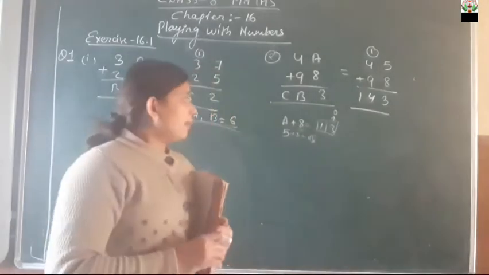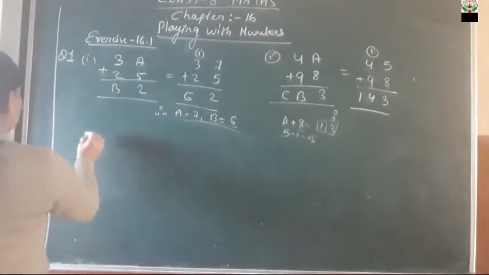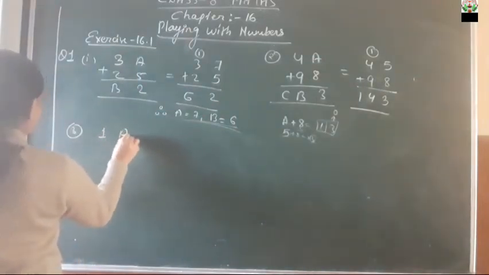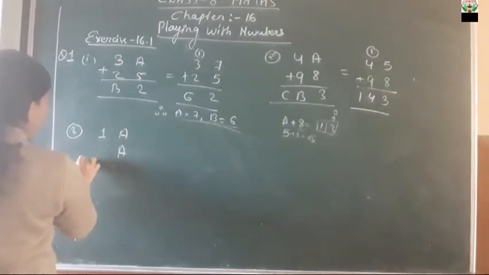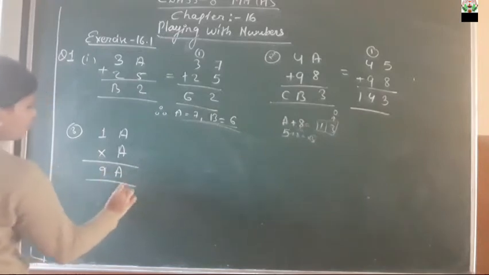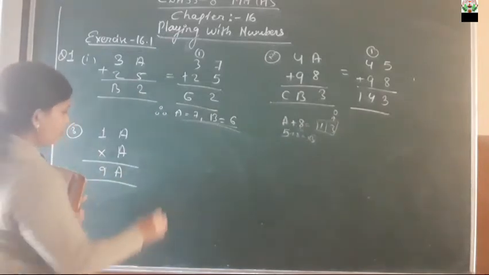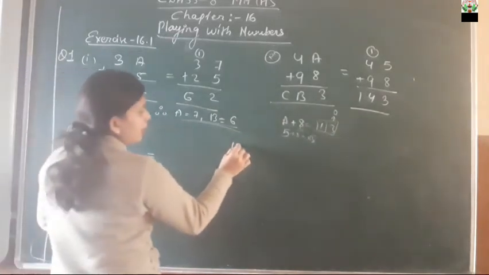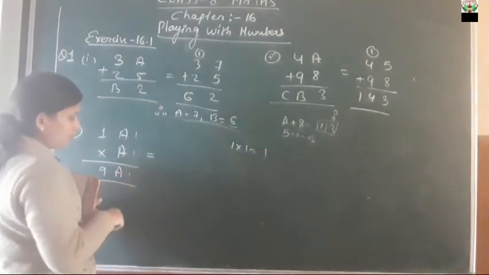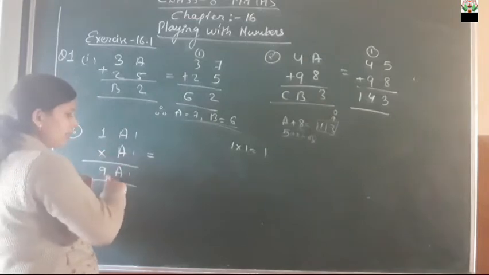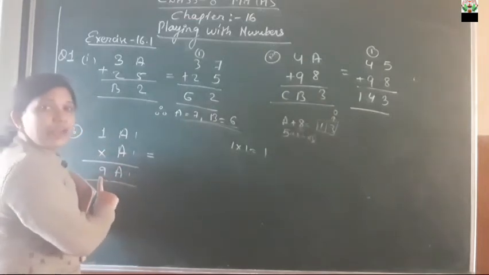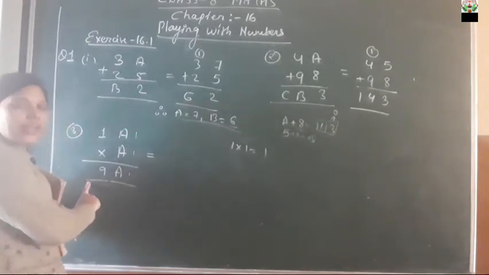ठीक है ना. In the same way, the third part of the question is in the form of multiplication. So 1A into A. So what number should come in place of A in order to get the multiplication, isn't it? So here we can see that 1 into 1 is 1 itself. If you give 1, 1 into 1 is 1, but 9 is here. We have to see the number 9. 9 is here, so we have to bring this 9. According to this 9 we have to do, is it?